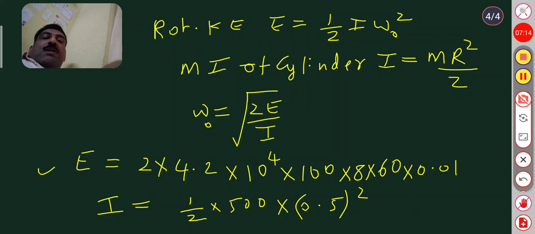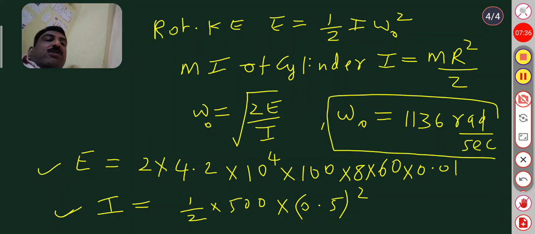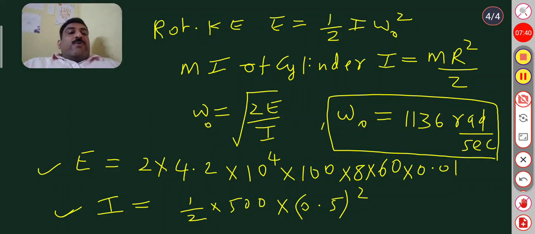So you know E, you know I. So now you can find what is omega naught. This omega naught value comes out to be 1136 radians per second. So this is the value of omega naught which we get. Right. Now let us consider